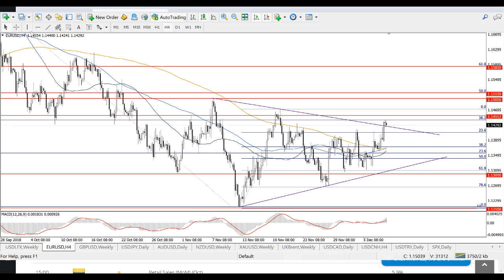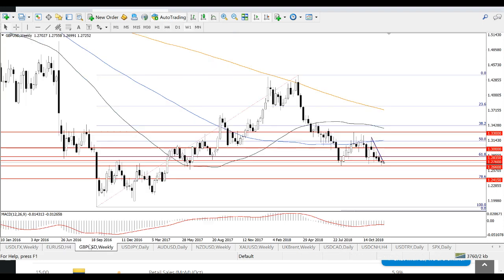The support is located around 1.1410. The British pound, you can see, had support around 1.2660 last week. This was the minimum of August, so the previous minimum of this year. The British pound is now very close to this support level and it is waiting for some key Brexit announcements,